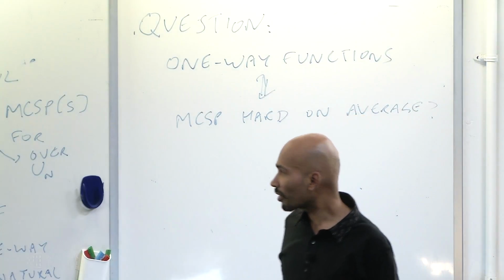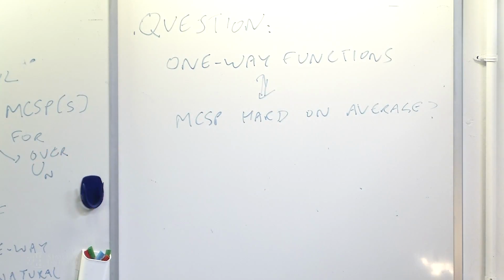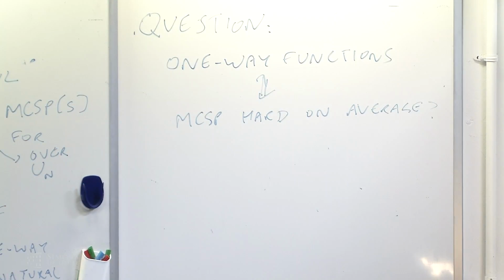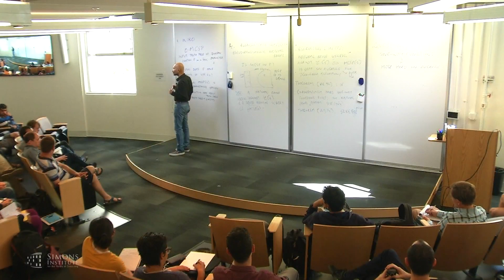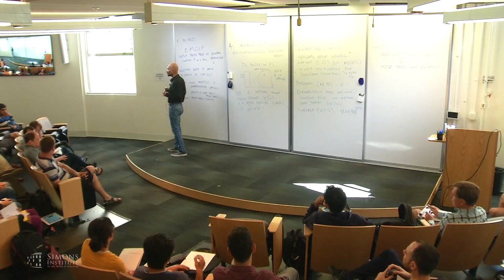I have some recent results in this direction, but I don't have a positive answer to the question yet. But I think it's quite interesting that there's a very natural distribution for MCSP, and the average case complexity seems closely tied to pseudo-randomness. So I think there should be a refinement to this question, a little bit technical, but it should be equivalent. The easiness of MCSP should be equivalent to the non-existence of non-uniform families of one-way functions versus uniform adversaries.